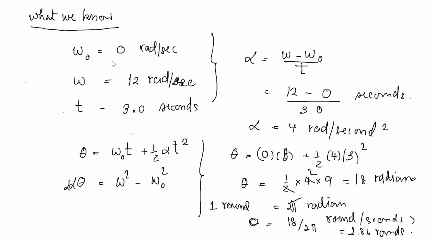So what we know from the equation is that omega 0 is 0 radians per second because it starts from rest. Omega is 12 radians per second, and the time is 3 seconds. By definition, the angular acceleration is